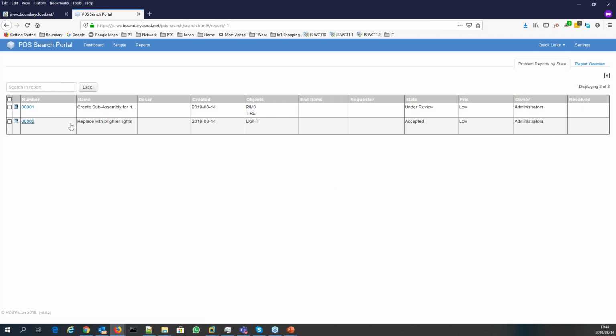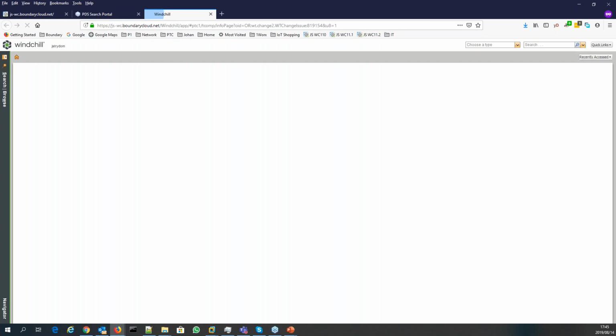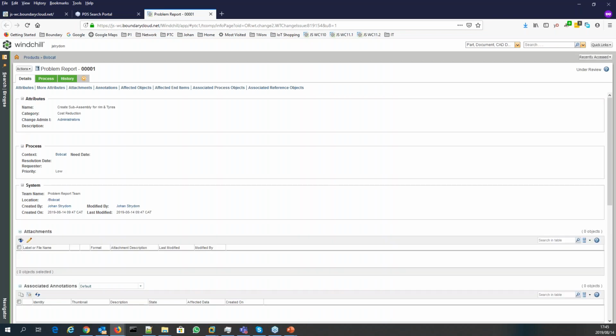You'll also notice in this case it will list all the states. I can also configure any of these options or any of the fields displayed here to ensure that I display everything that the specific user might require. So I'm going to select one just to show you. If I select it, I go directly to that specific item inside the Windchill interface. So it's really a quick way of people searching for information and then getting directly to whatever they might need. If we jump back to our dashboard,